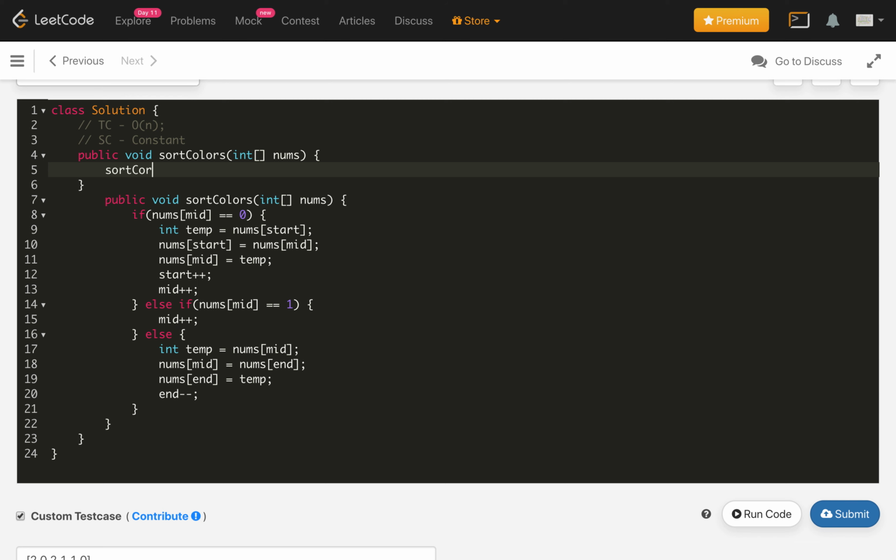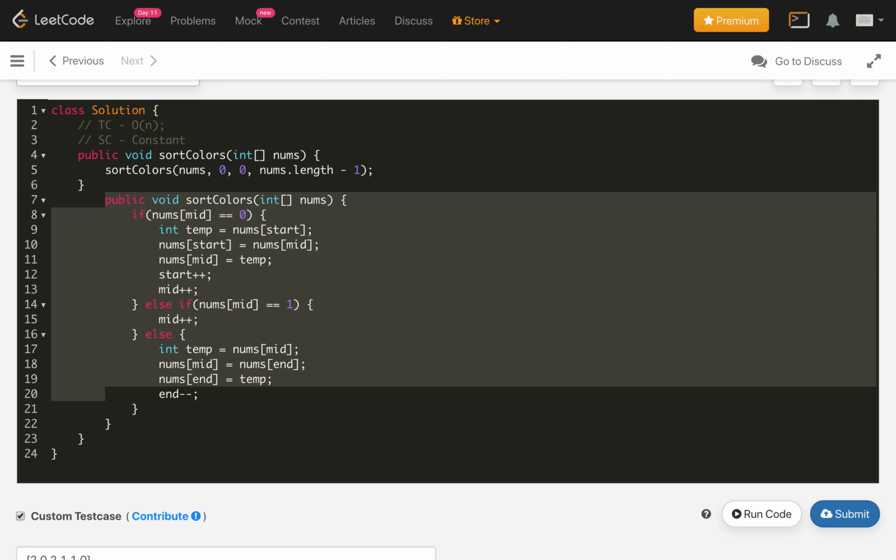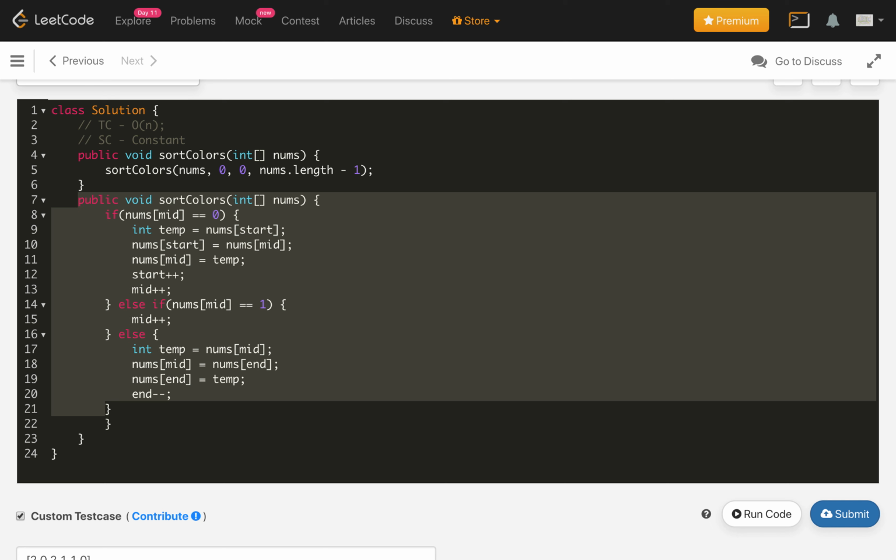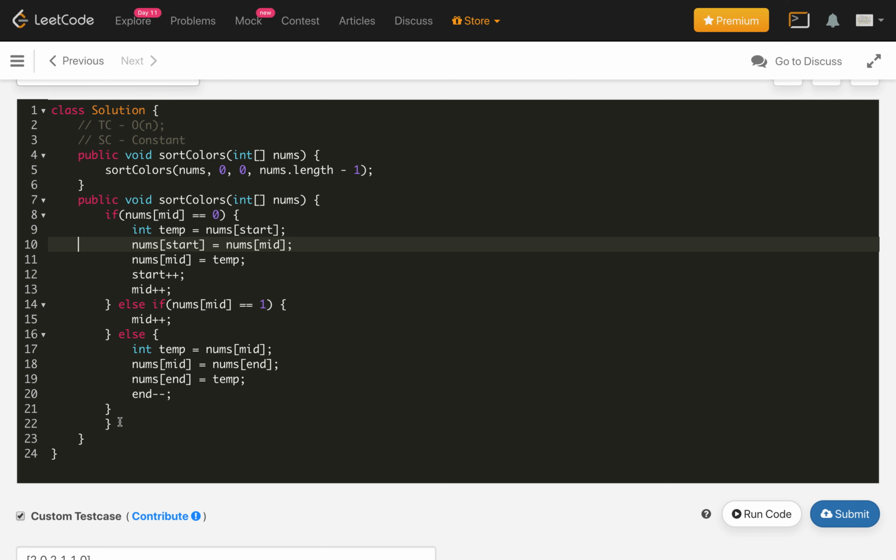I am using method overloading here. So I will pass the nums, 0 as the start index, the mid value, and nums dot length -1. So this is the call for this method, and for this method we will use this, and after that this will be removed from here.